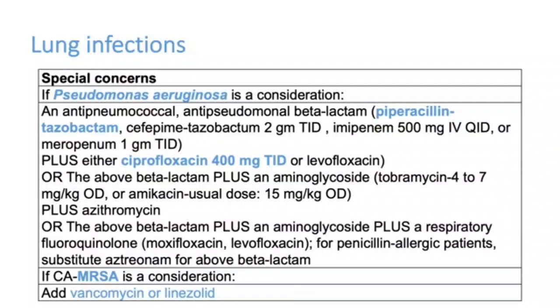Now, if we are suspecting Pseudomonas infection, like the patient is having chronic lung disease, severe or uncontrolled diabetes, chronic alcoholism and all, we have to suspect Pseudomonas aeruginosa. If we are suspecting Pseudomonas, it is better to go for dual antibiotic coverage, like we can give piperacillin tazobactam with ciprofloxacin or levofloxacin. So always cover with 2 drugs for Pseudomonas if you are suspecting, or if the culture shows a positive result